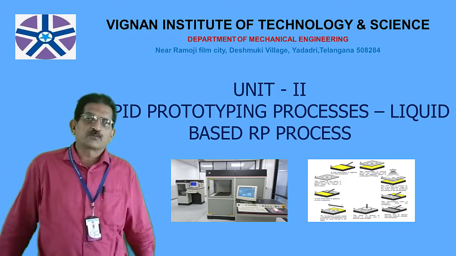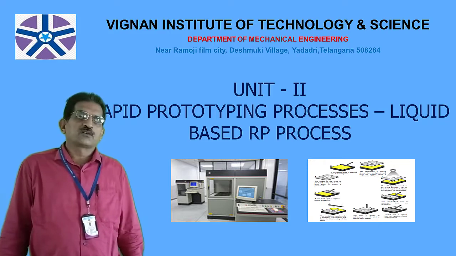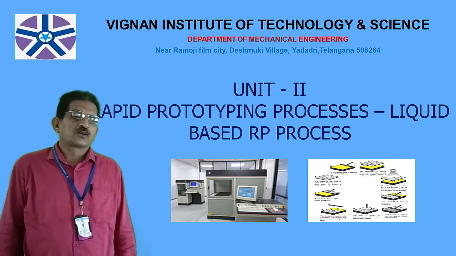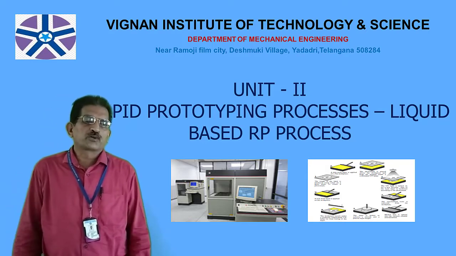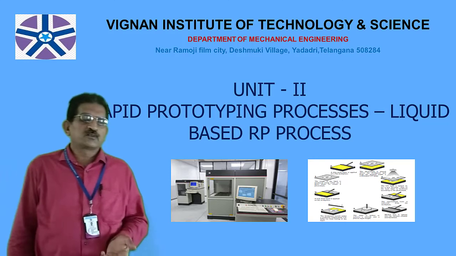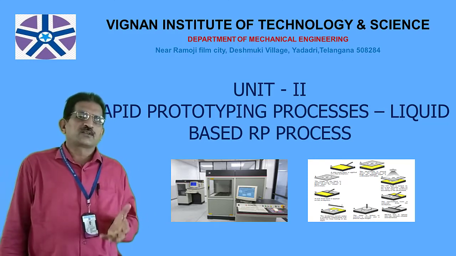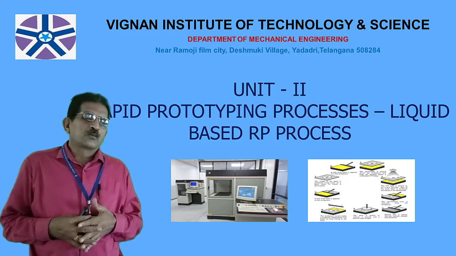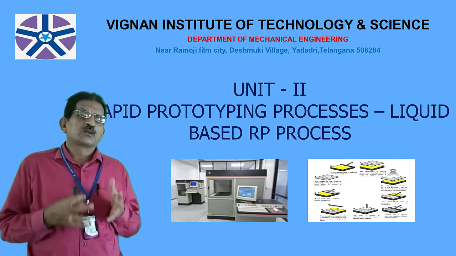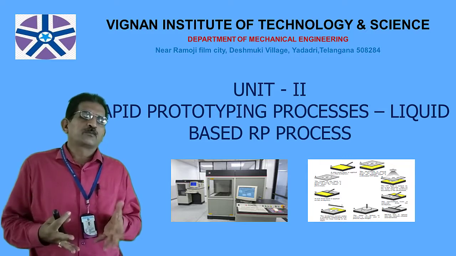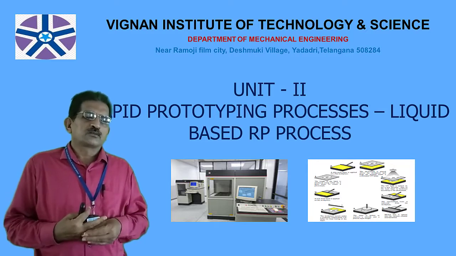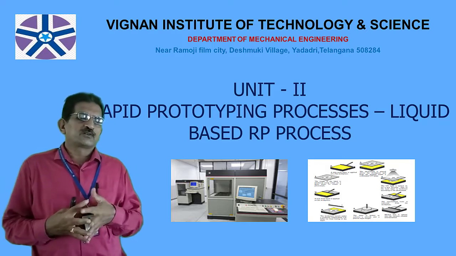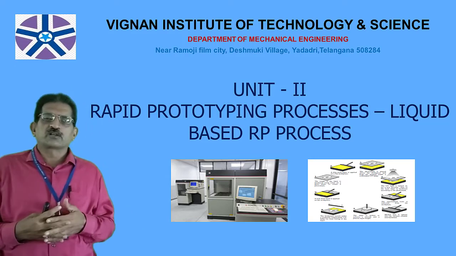So, after completing the first chapter, in which we have seen the basics of additive manufacturing, today we are going into the rapid prototyping process for liquid-based RP processes. As I said earlier, we have three types of processes, depending upon the material characteristics: solid, liquid and powder. In the liquid-based RP process, there are many processes involved, but